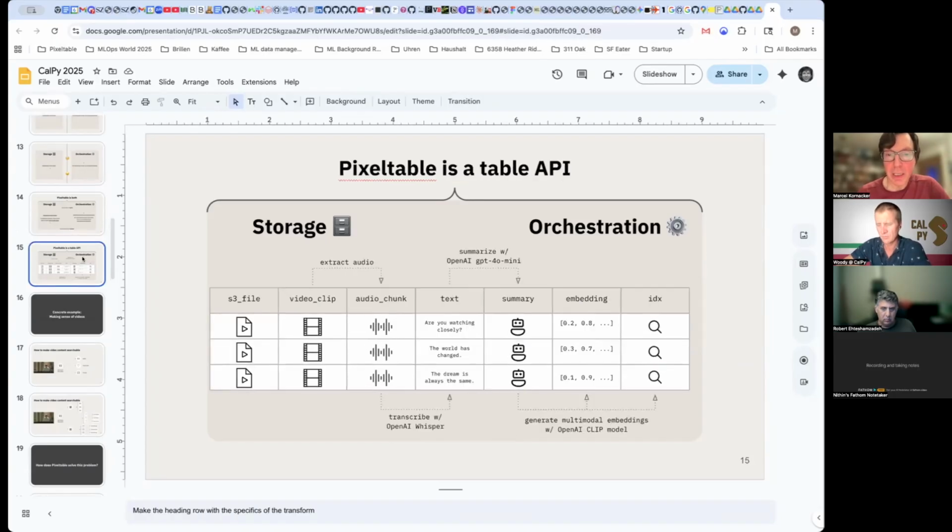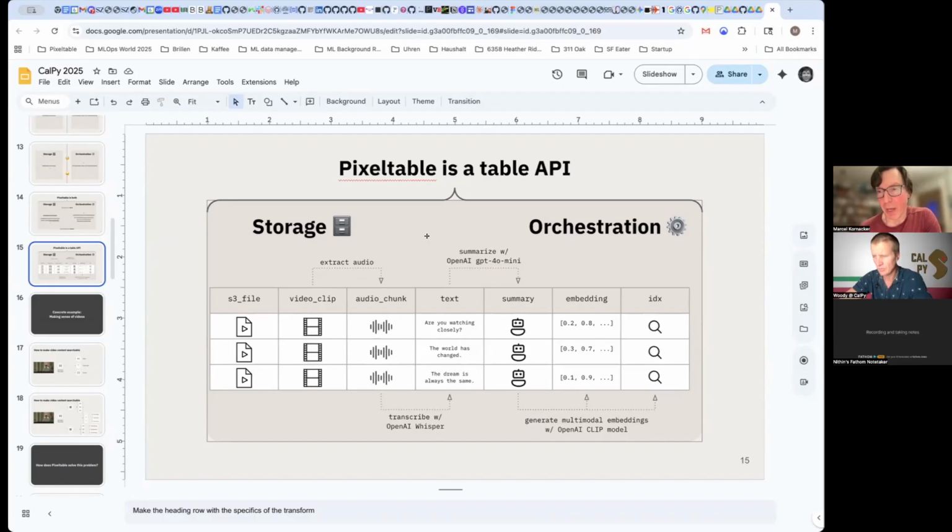And here is an illustration of what that looks like. We're going to do a demo at the end, so we'll make that more concrete. But just for illustration purposes, Pixeltable at its heart is a database system that exposes data through a table API, both data and the orchestration piece.